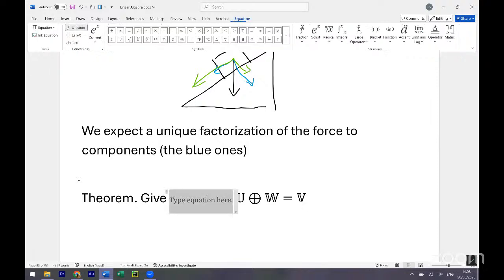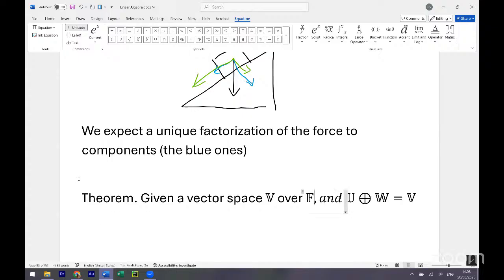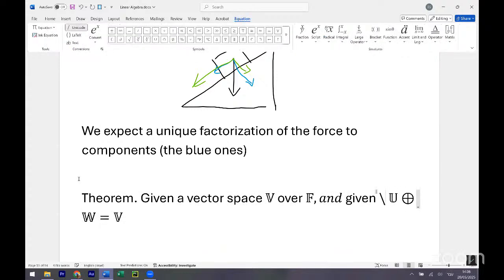Given a vector space V over the field F, and given U and W subspaces of V,